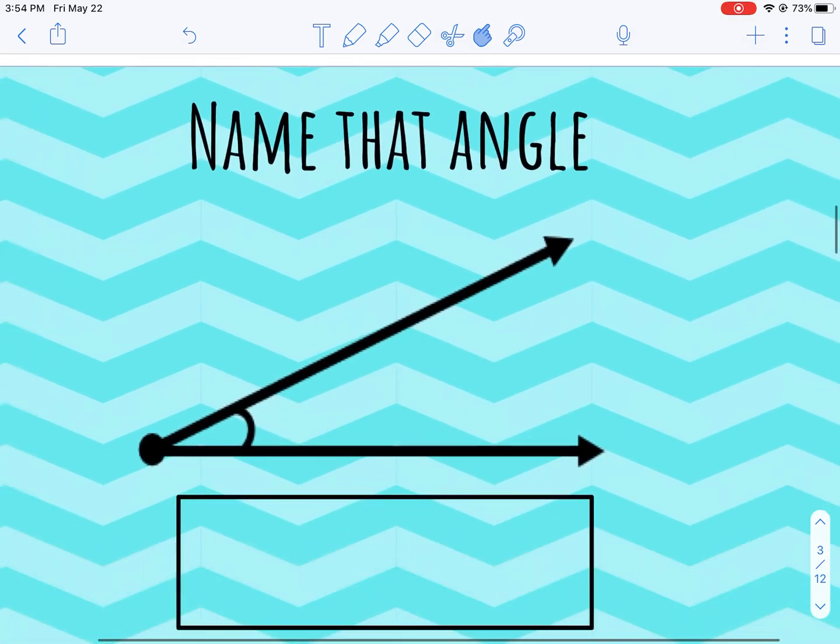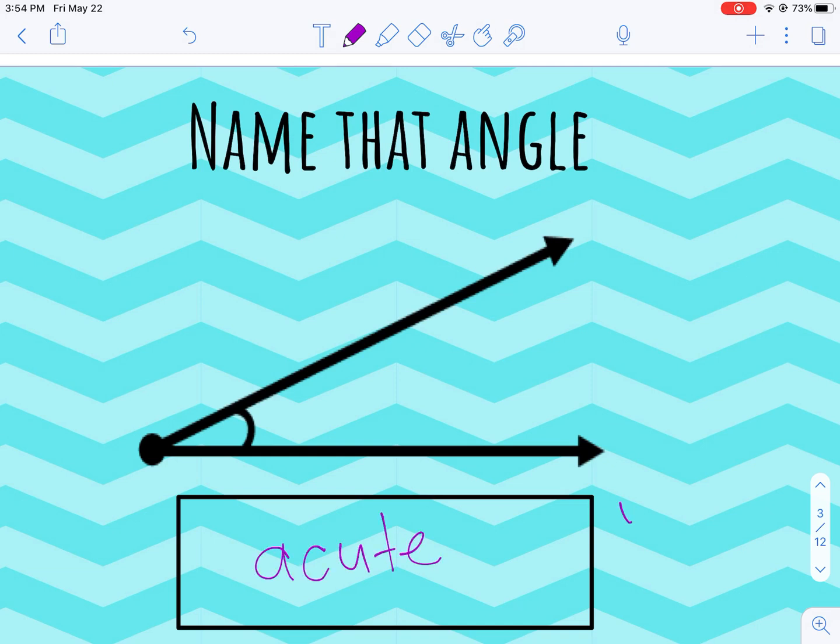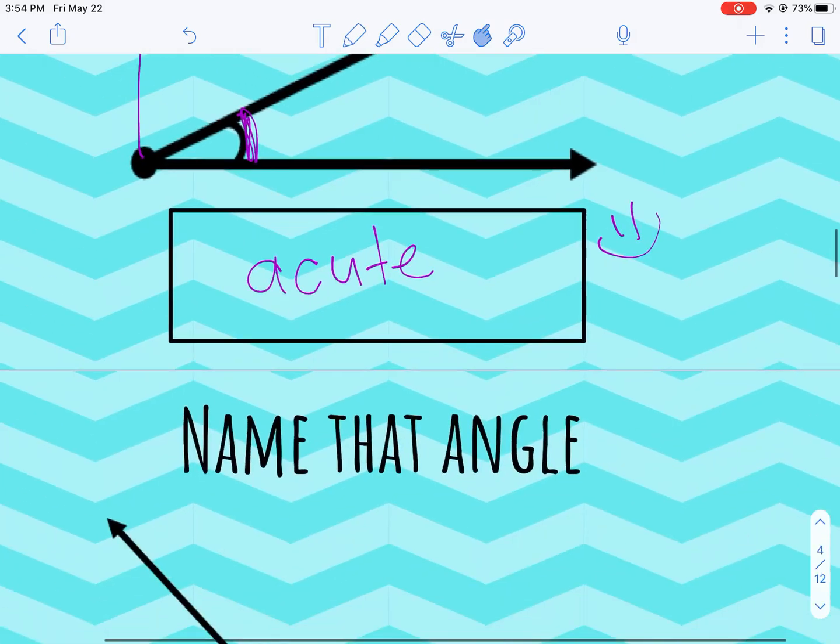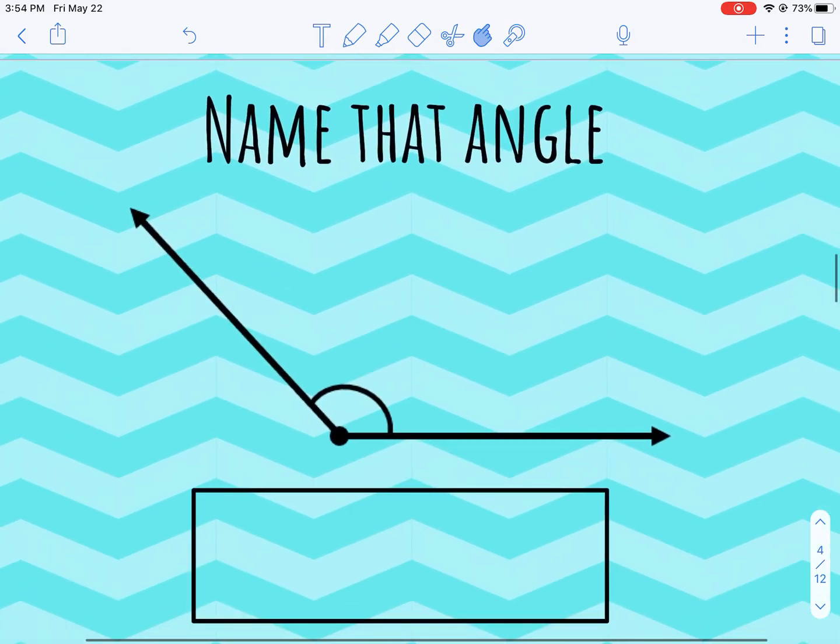All right, so look at this angle. Let me make this a little bit smaller. Look at this angle, and what kind of angle is it? Okay, if you said acute, you would be correct because it's so acute. Look at it, so little and acute, and it's got this right here, so we know it's small. Remember, a 90-degree angle would be this way, so it's smaller, and it's so cute, acute. All right, and then here,